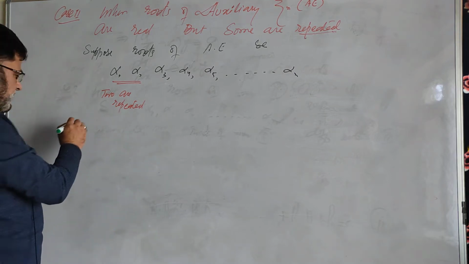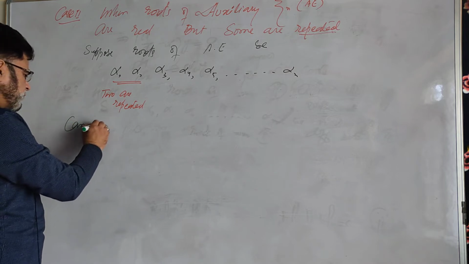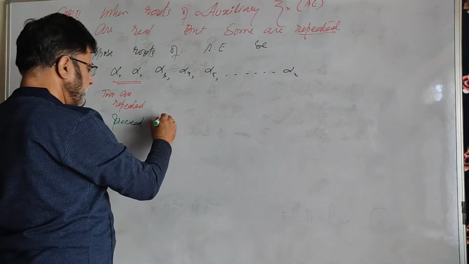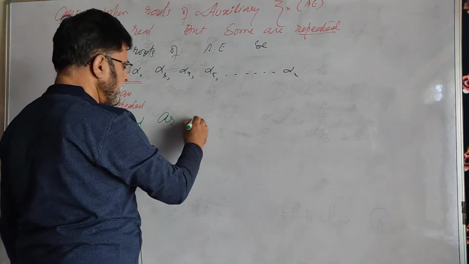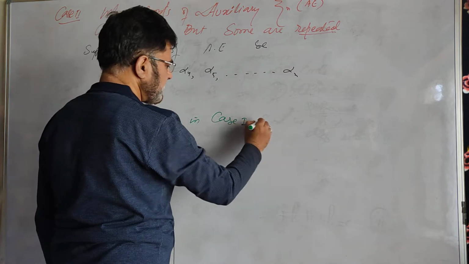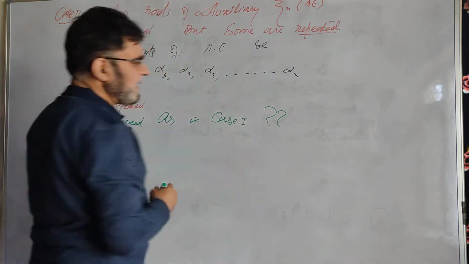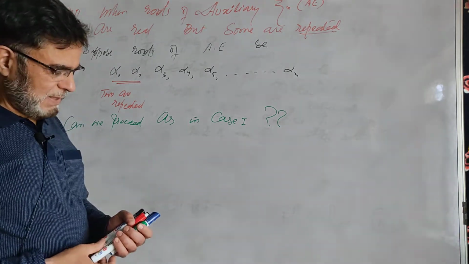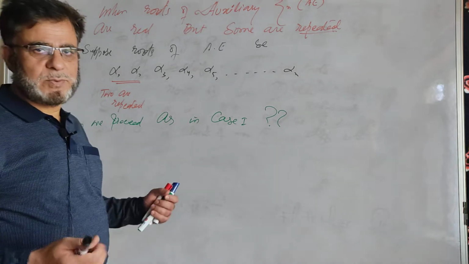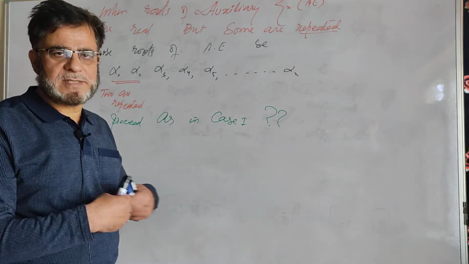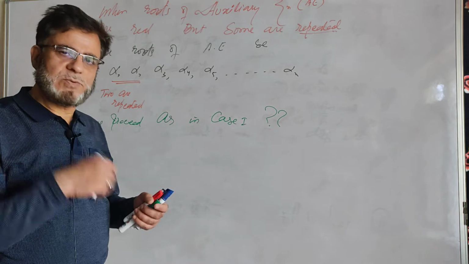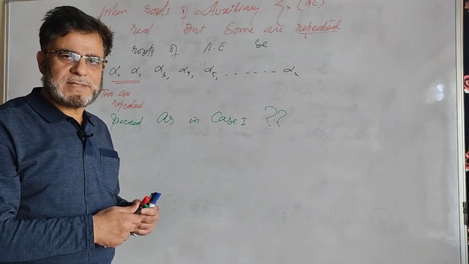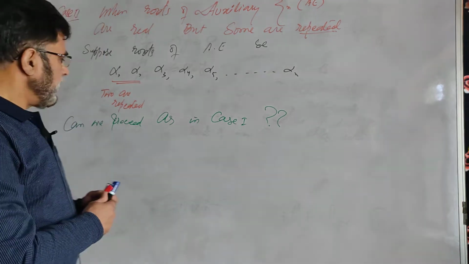Now let us see what happens if we proceed as in the previous case first. I will put a question here: can we proceed as in case first? Can we proceed in that way? We will get some contradiction. When we have to prove that this method fails, this does not suit, we first assume the method is correct, then we get something that contradicts us, and we then conclude no, it is not possible. If possible,